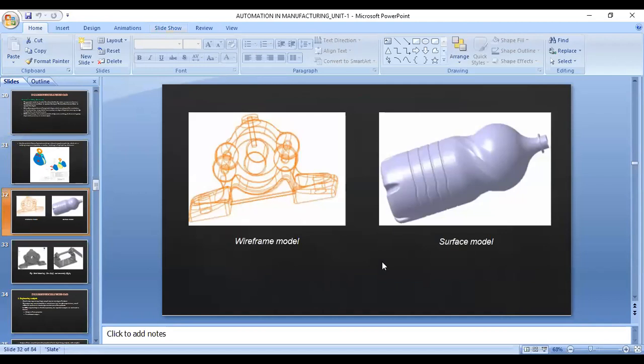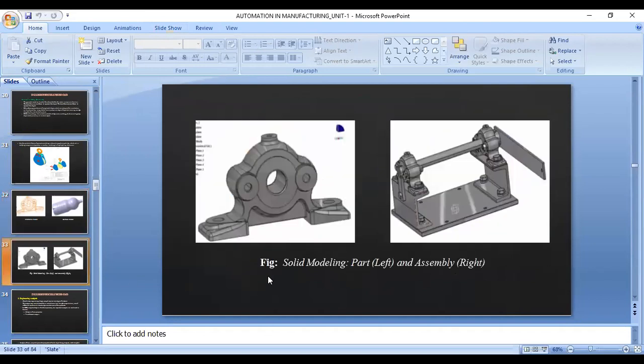We saw the different types of modeling that we can do, starting from wireframe model, surface model, and then solid model, right? And the order increases the complexity.